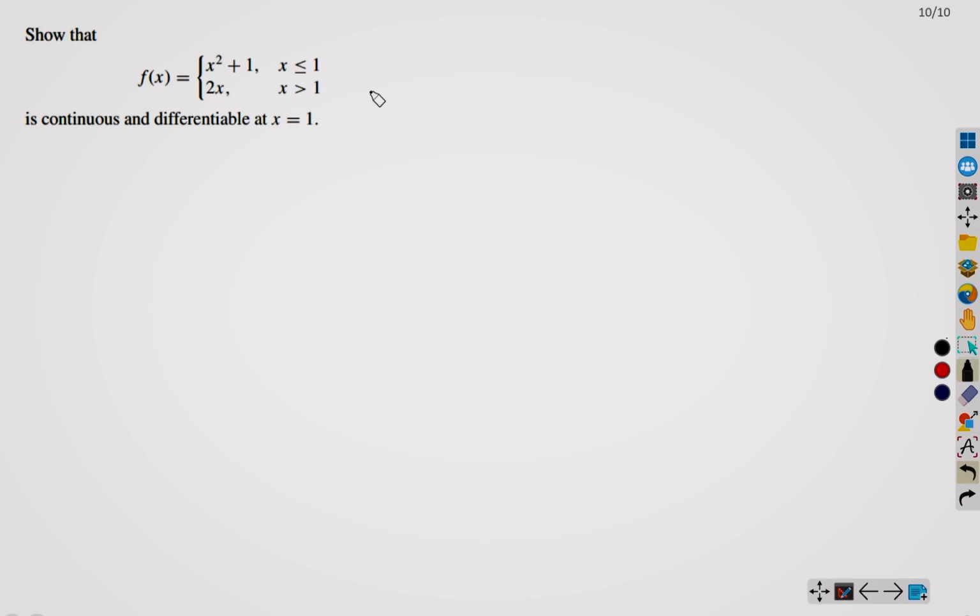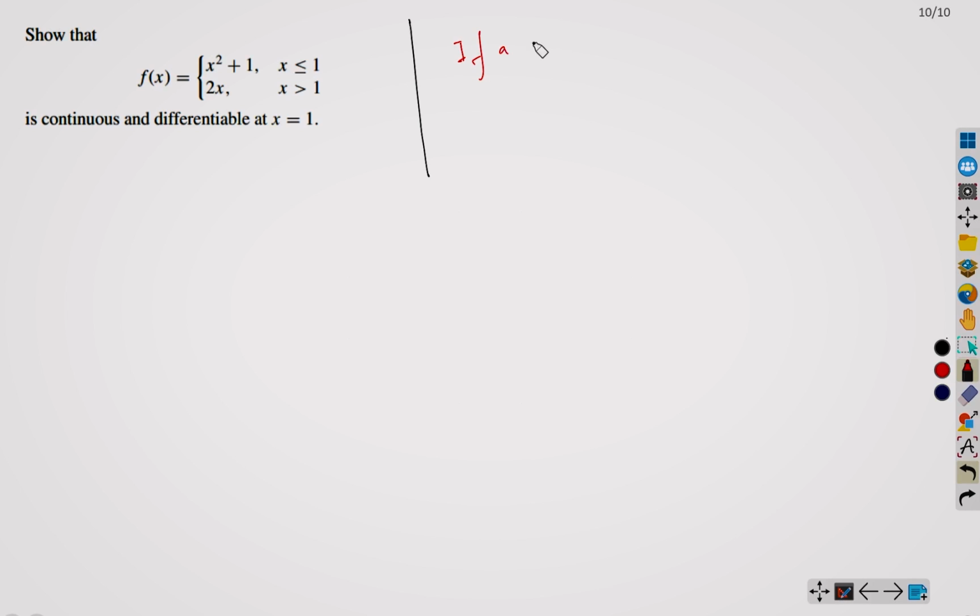Given a function f(x) with this expression, we have to determine whether it is differentiable at x equal 1 or not. We also have to determine whether it is continuous or not. Let me tell you one thing, maybe not related to this problem, but just for your knowledge: if a function is not continuous, then you don't even need to check its differentiability. If a function is not continuous, then it cannot be a differentiable function. On the other hand, if a function is continuous, then it may or may not be differentiable.